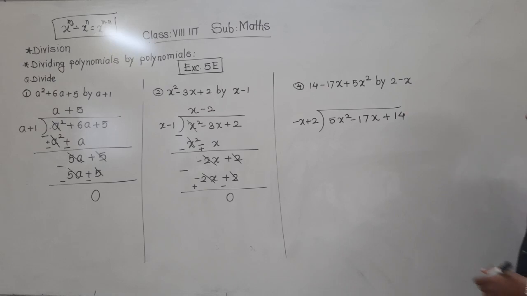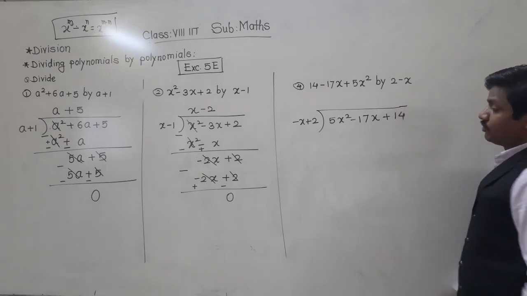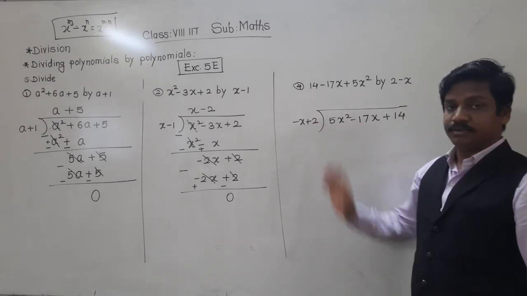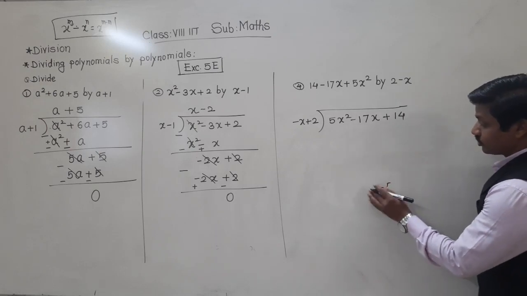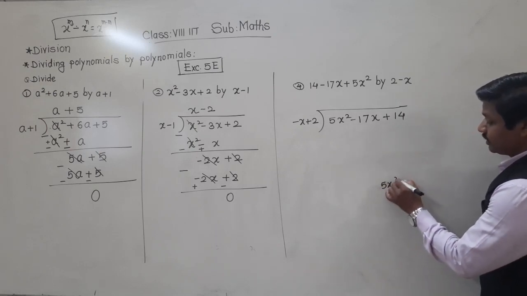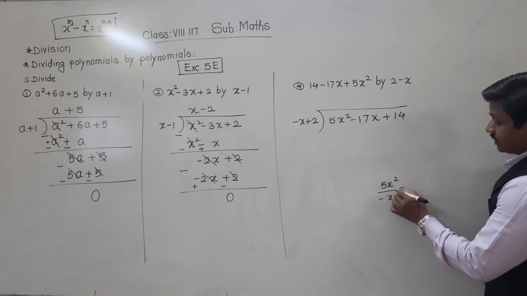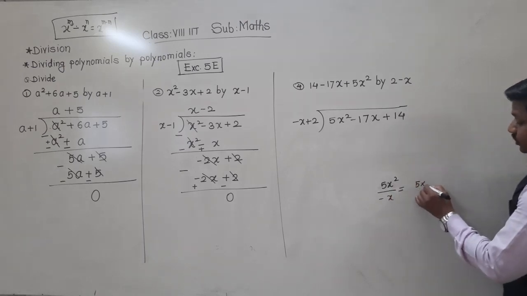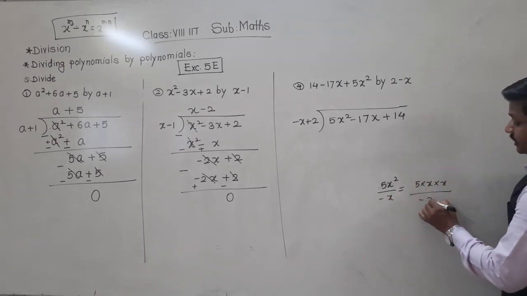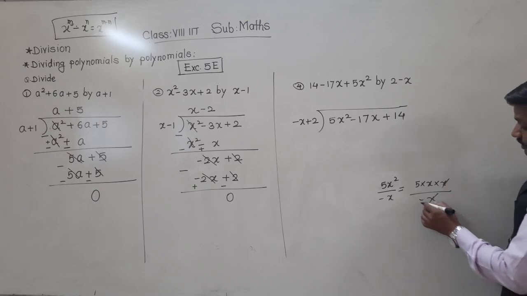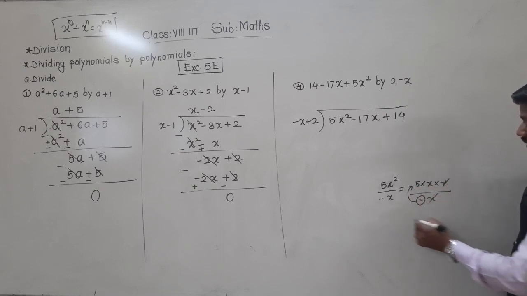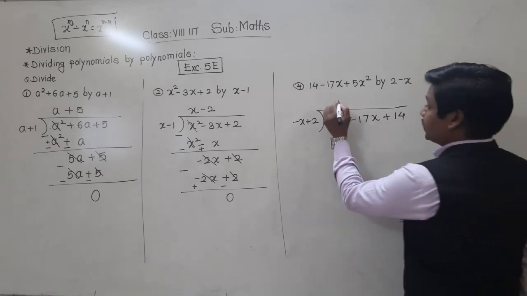So take care. Now as usual, first term divided by first term. 5x square divided by minus x. So 5 square means 5 into x, divided by minus x. x cuts, this minus sign will go up, so it becomes minus 5x. So right here, minus